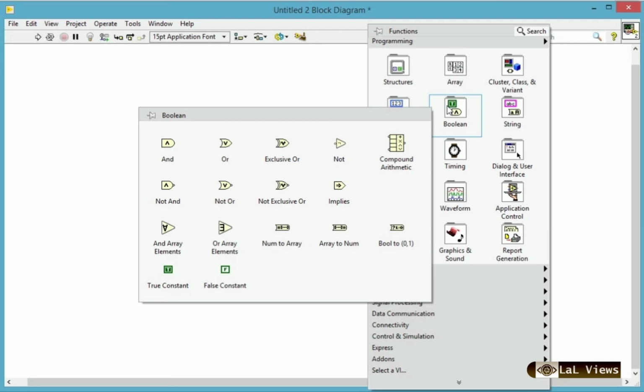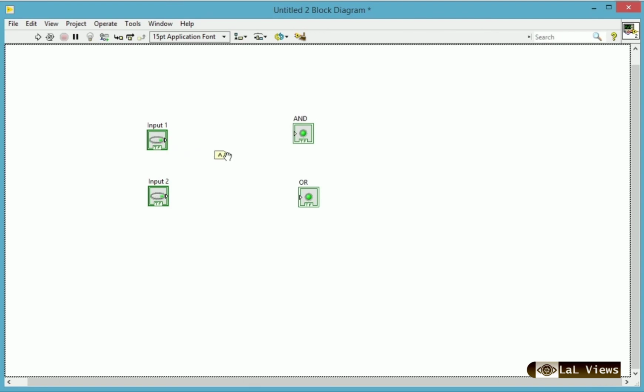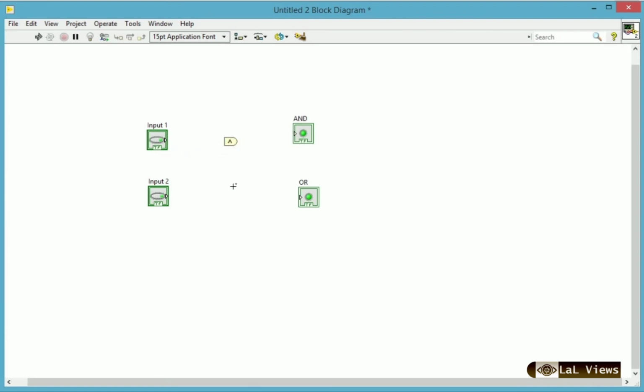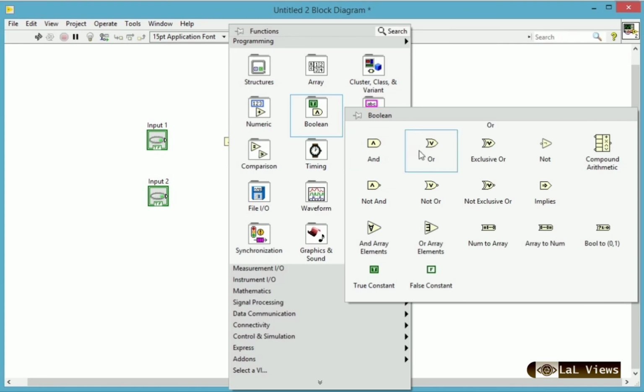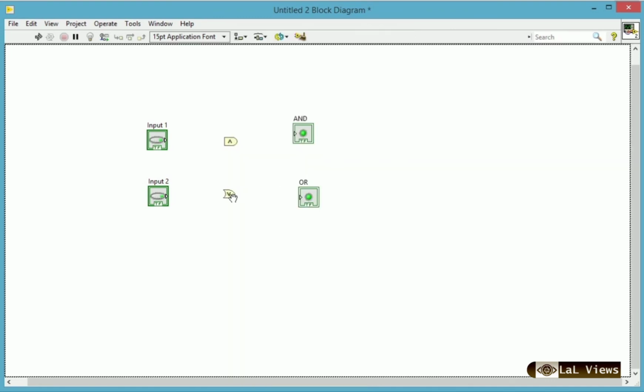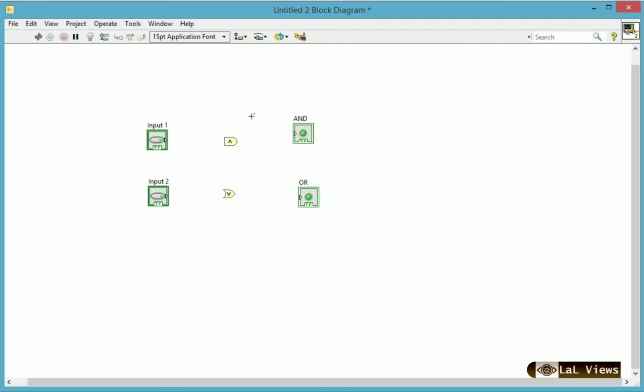Here we have to perform the AND and OR operations. So I am taking the AND operation and placing it here. Also taking the OR operation, placing it here. Now similar to the numerical operators, it has two inputs and one output. Here also two inputs and one output.